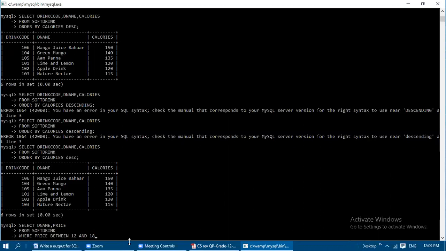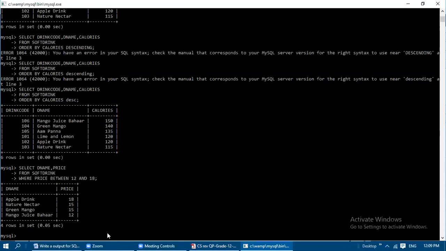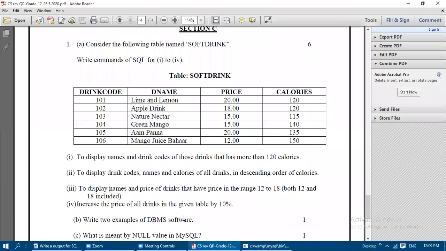Okay, the between operator we need to use when the value has to fall within one range to another range, between 12 and 18. "To" you need not give. Okay, you should not give "to" and all, only the and operator is going to be allowed in this between keyword. Okay, so where price between 12 and 18, at the end, semicolon.